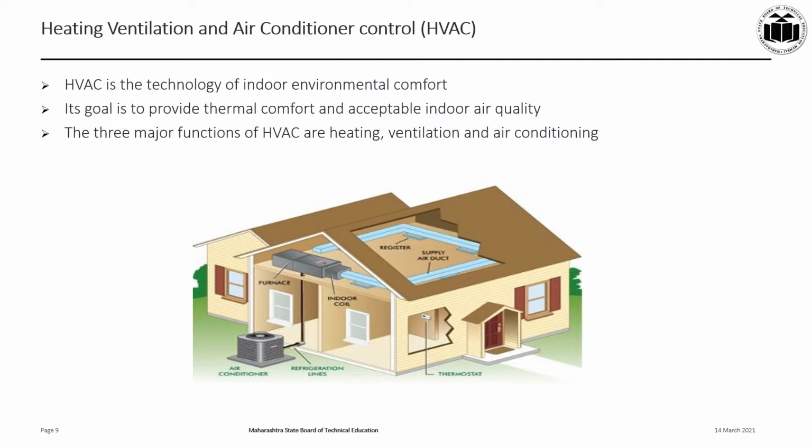The first part is heating. Heaters are appliances whose purpose is to generate heat for the home. Heating can be done by using a system containing a boiler, furnace or electrical heater. Heat can be transferred by convection, conduction or radiation methods. The second part is ventilation. Ventilation is the process of exchanging or replacing air to provide high quality air. Ventilation involves temperature control and removal of moisture, odor, smoke, heat, dust, bacteria, carbon dioxide and other gases.